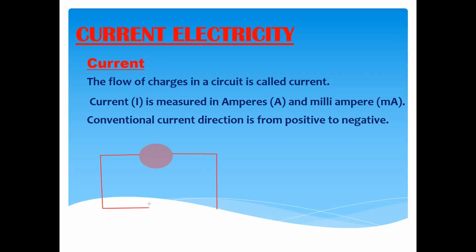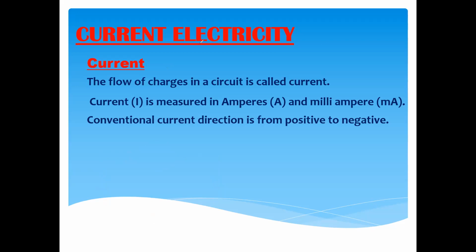So if a question is to draw an arrow to show the direction of the current or the direction of the conventional current: for a cell, the big line represents the positive terminal of the cell and the small line represents the negative terminal of the cell. So if you want to show the direction of the conventional current, conventional current is from positive to negative. And if you have a question where we have to show the direction of electron flow, then the direction of electron flow will be opposite, that is from negative to positive terminal.